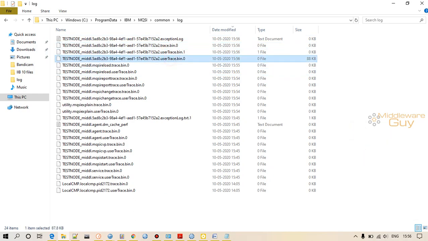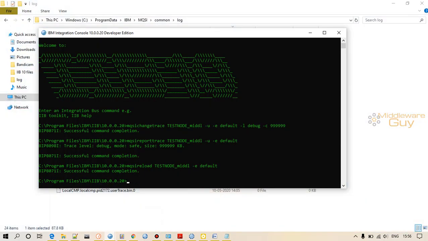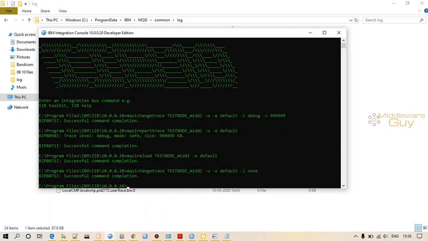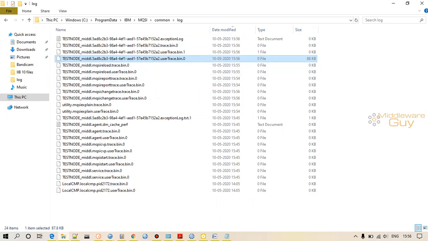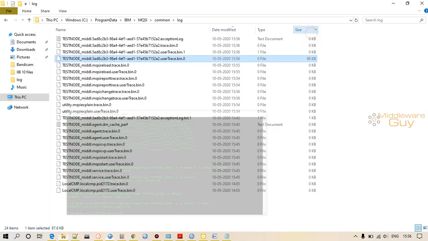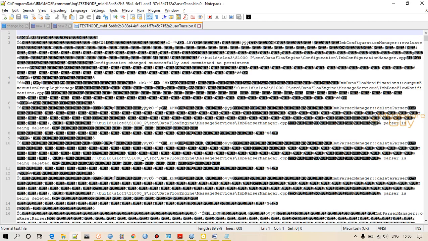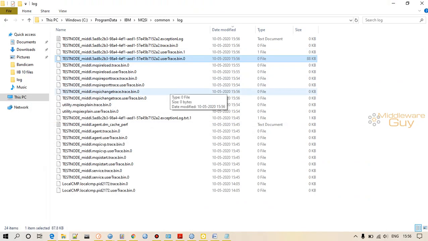This is your actual file which contains the details, but you have to shut down your trace, turn off your trace level. So here you just have to provide trace level none. Why? Because every time you hit the flow, the logs will be appended to this file if you don't run this command, right? So it's better to turn off your trace level. Now, you can't read this file as it is.